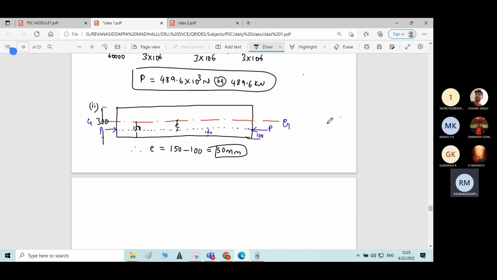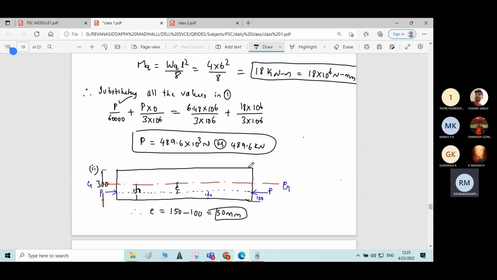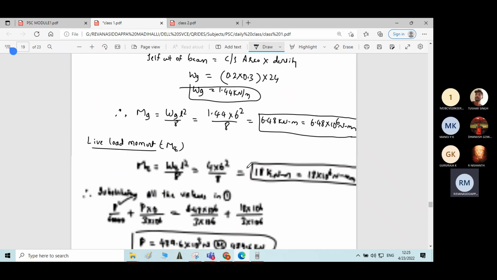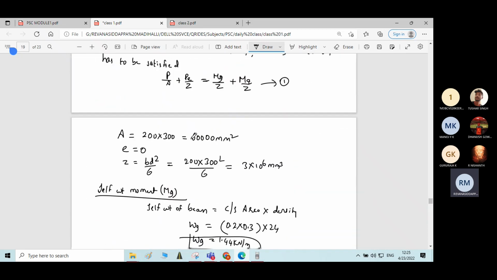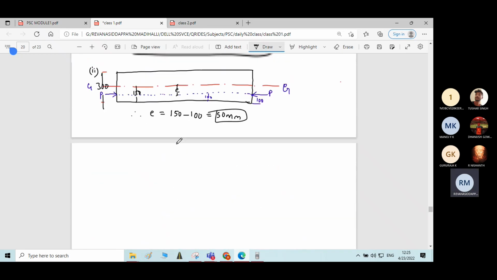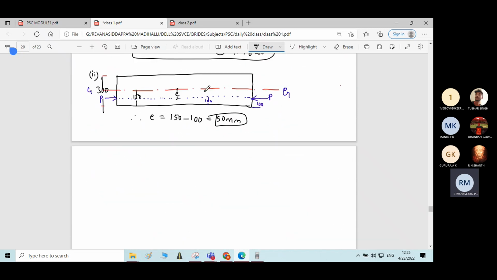Now we have to find the magnitude of this eccentric prestressing force, which is located at a distance of 100 mm from the bottom fiber, so as to cause zero fiber stresses. Zero fiber stresses means the same condition as before. I will substitute the values in the same equation 1 with respect to the second question. Therefore equation 1 becomes